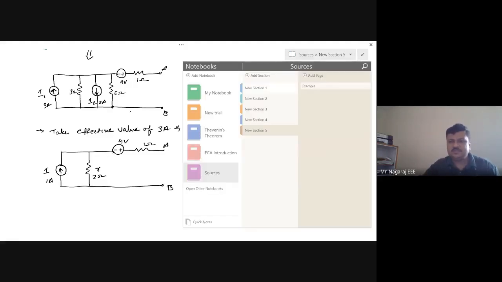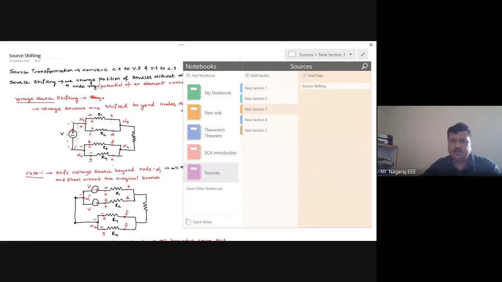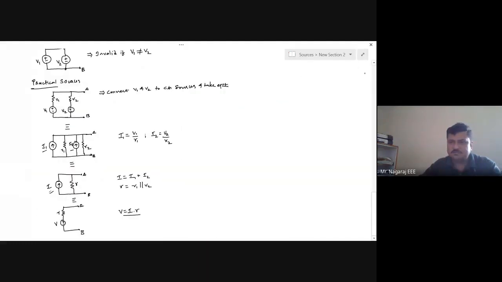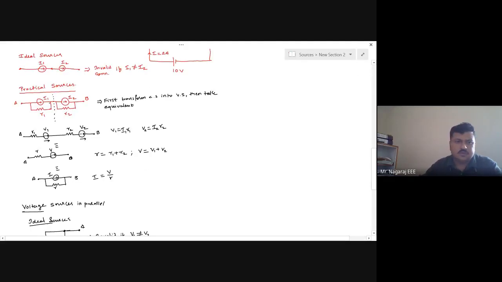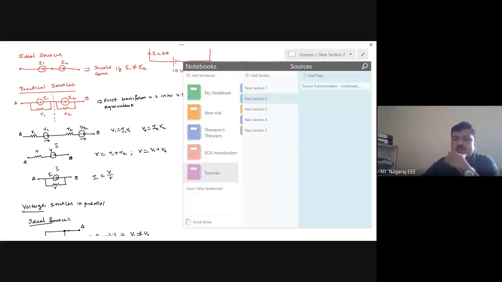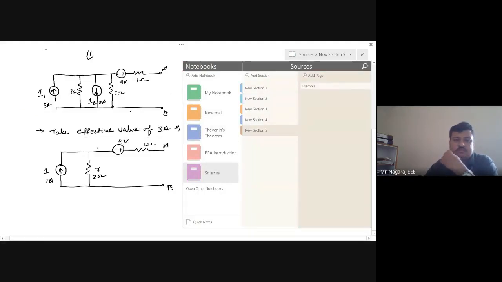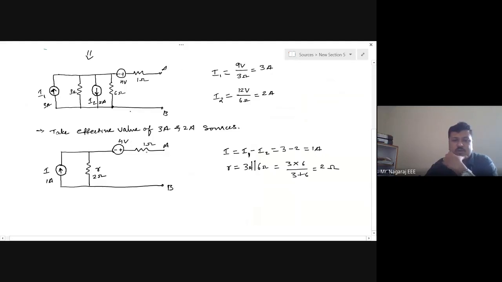Okay, in the previous sections we have seen that when there are 2 current sources in series, I cannot directly get the equivalent current source. Those have to be converted into voltage sources, take the effective value, then get the equivalent current source. If I convert 4 volt and 1 ohm into a current source, there will be 2 current sources in series. Therefore, what I will do now is convert 1 amp and 2 ohms into a voltage source.